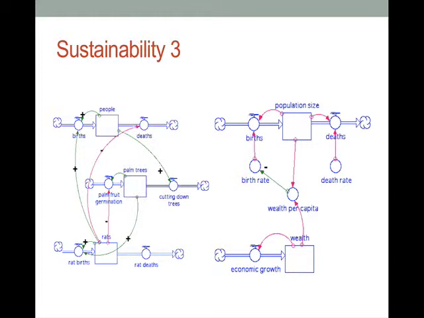And over on the right, we talked about just what's the population size, how does that relate to the wealth. In this case, we could have economic growth that is representing the growth of the natural resources the community has access to. A bigger population decreases that wealth per capita. That might be a trade-off they want to make. They might say, well, we've got plenty of natural resources, we can have a few more people. But if they just let the population increase without being aware of that, they're going to end up with less and less natural resource per person, which would go against their goal of being self-sufficient.